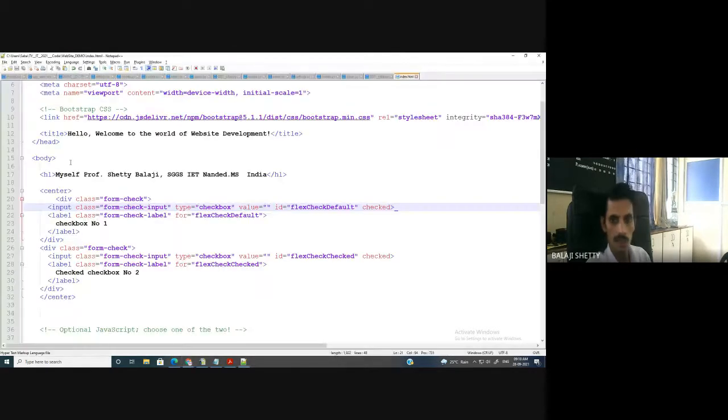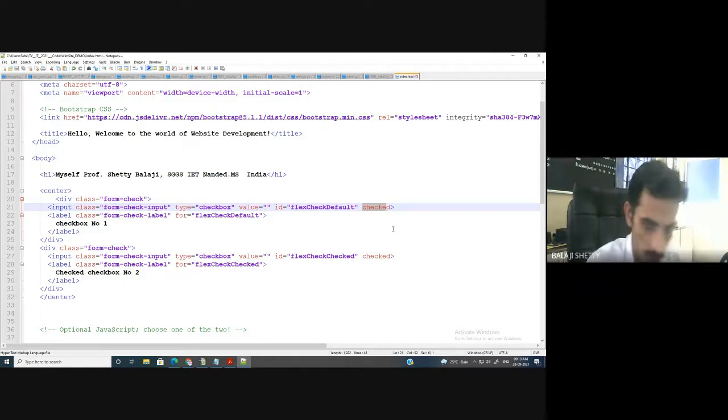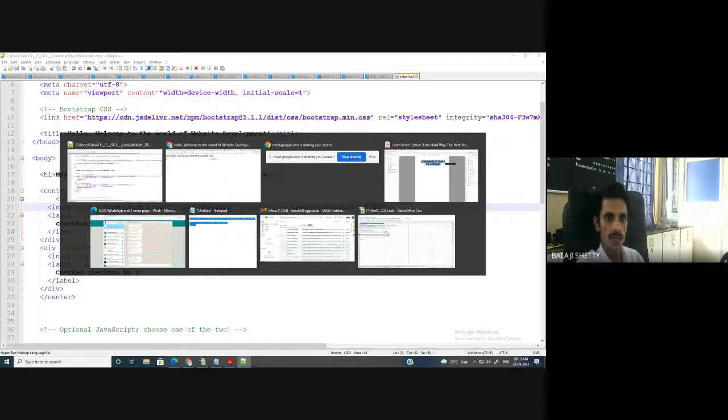Because I have written this checked here. So you have to understand these things. Basic things you have to understand. For that you have to understand the HTML. Okay, you have to understand the tags, div tags, input tags. I assume you know all these things because you are in the 3rd year already. You have learned all the things in 2nd year. If you do not understand, let me know. I will take one more lecture for this also. Clear?